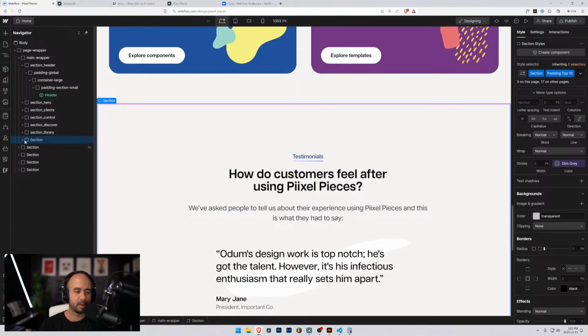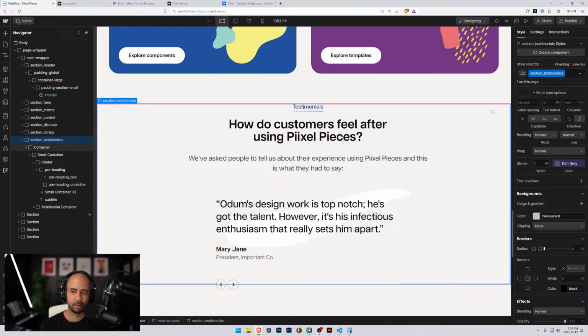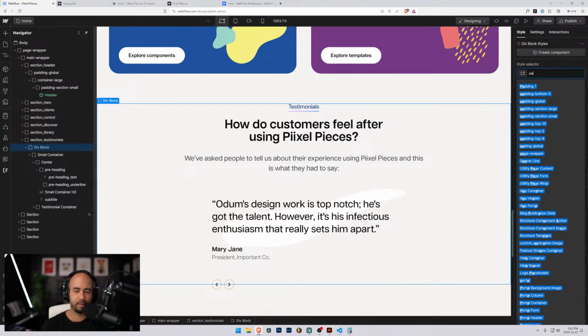Okay. What do we have? We have section underscore testimonials. Container, we have